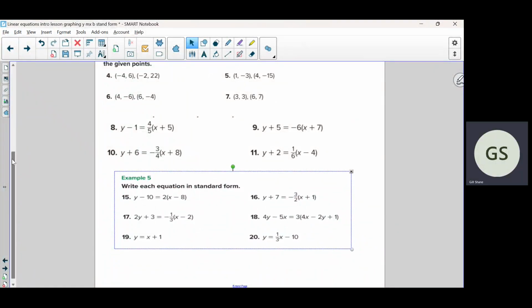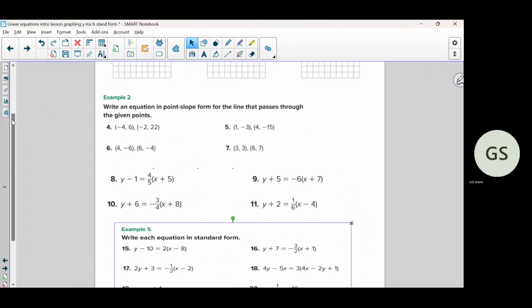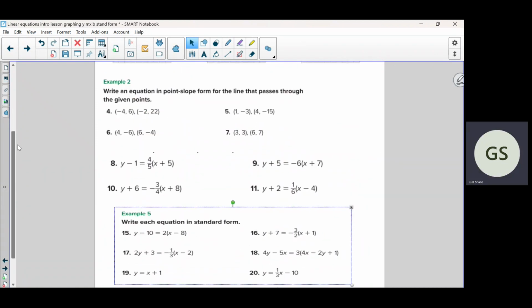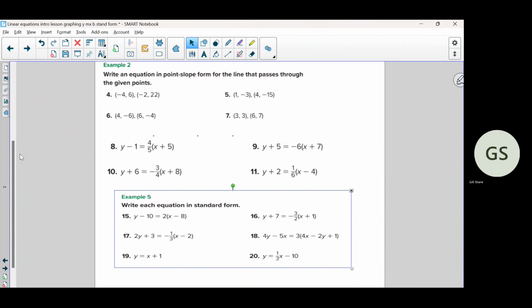So now let's scroll up. Ah, so close. All right, so I can get 4 through 20 on there. So you should have been working on the other ones the other day where we actually did that and then we graphed. Let me run over there real quick. Right here's